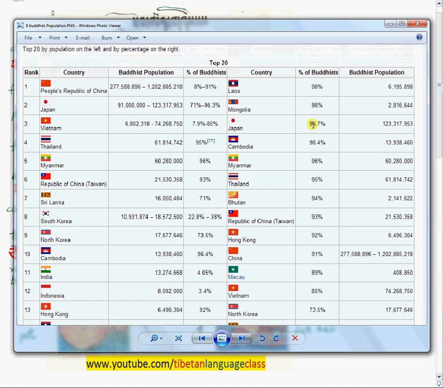So that's by population, and then on this side it's by percentage. So at the top is Laos and Mongolia with 98% Buddhists, Japan with 96.7%, about 123 million, then Cambodia, Myanmar or Burma, Thailand, Bhutan with 94%. Now Bhutan, the written script is identical to Tibetan. So I've seen pictures where even